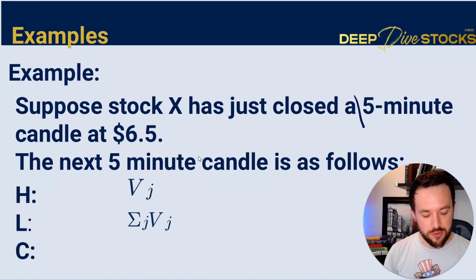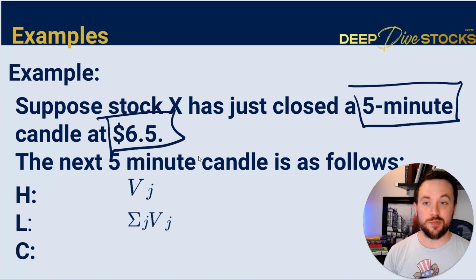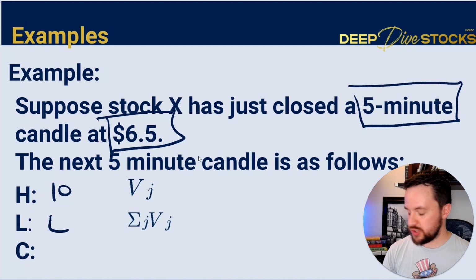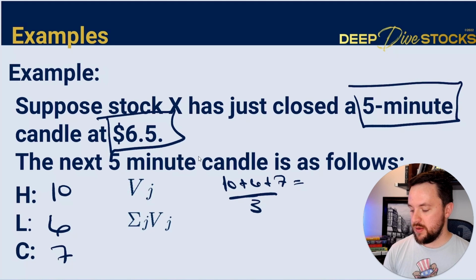In this example, we're going to be using VWAP on a 5-minute scale, and the previous VWAP value was 6.5. We know, because the 5-minute values just changed, that our high was 10, our low was 6, and our closing value was 7. So the first thing we do is we add 10 plus 6 plus 7 divided by 3, and that gets us